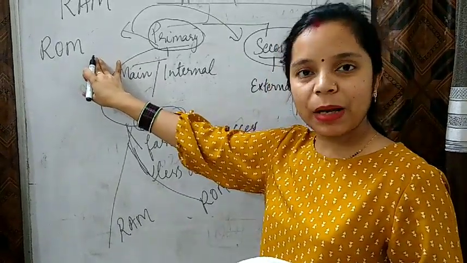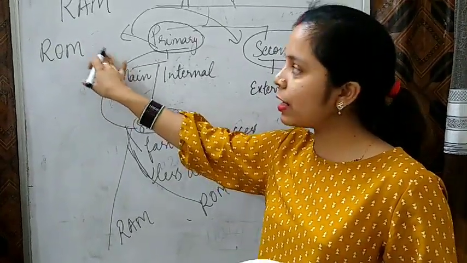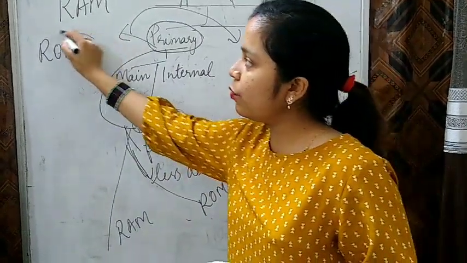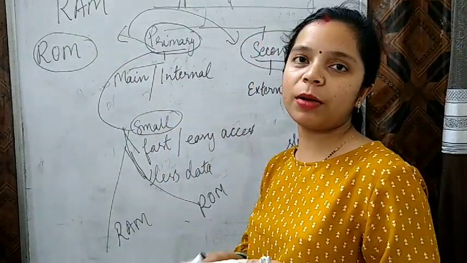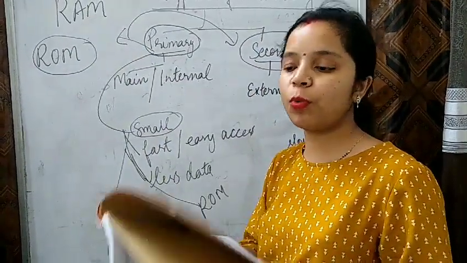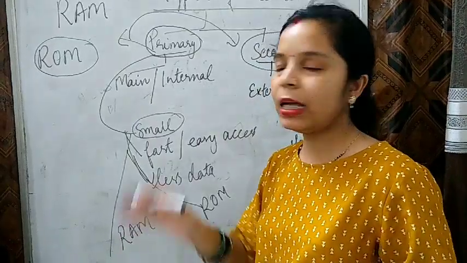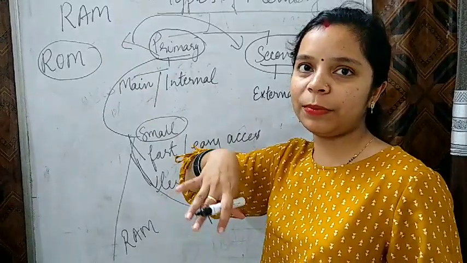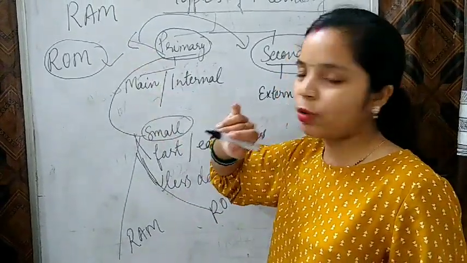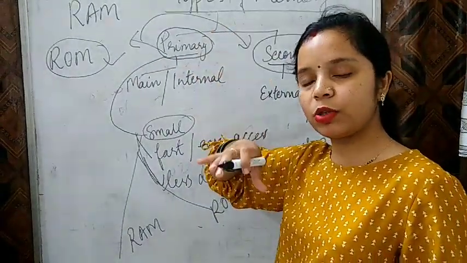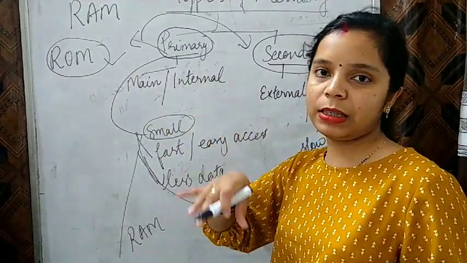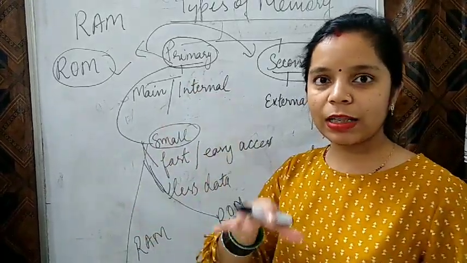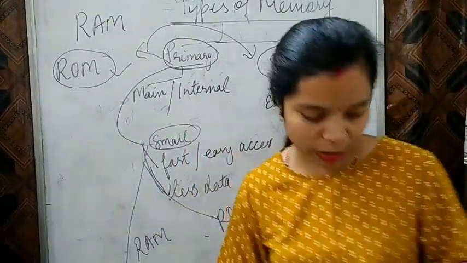ROM stores data permanently, means once you store data in the ROM, you cannot erase it. It stores data which we need when we switch on a computer. It is also responsible for starting your computer. When you switch on your computer, the instructions for starting it are stored in the ROM only. In ROM, you cannot change the data. Whatever you have stored will be permanently saved. But in RAM, the data keeps on changing. Once you store other data, you erase, then again you can store the next data.